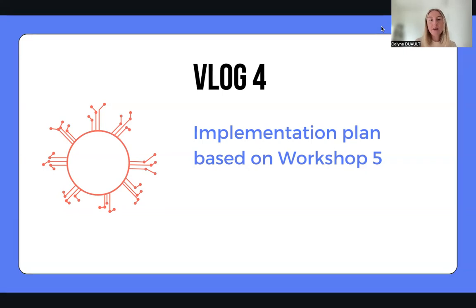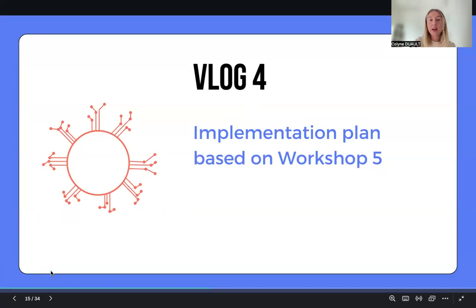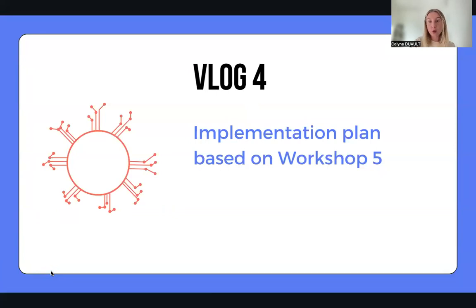I'm Colleen, and now that we've been through a few stages of our project together, I'm going to take you over the implementation of our plan. To do this, we have based ourselves on the objective we wish to put in place. Together, we're going to look at the concrete action, models, and lever we'll be using to achieve them. We will then look at how we monitor the progress and what indicator we use to assess the success of